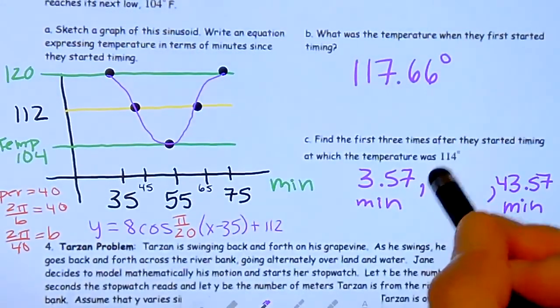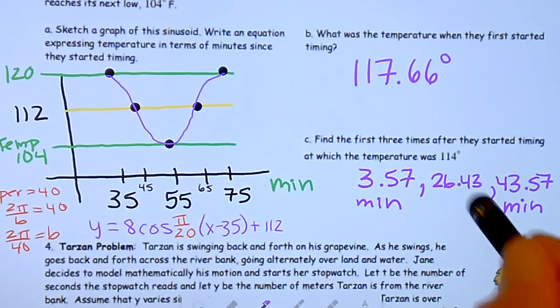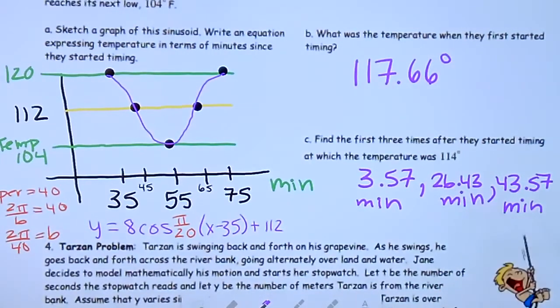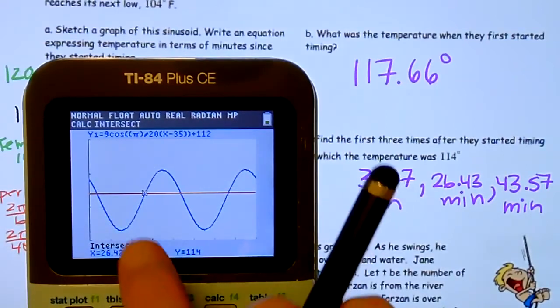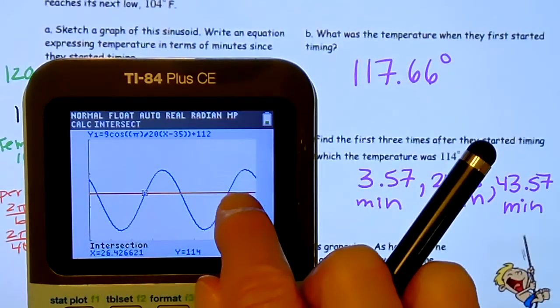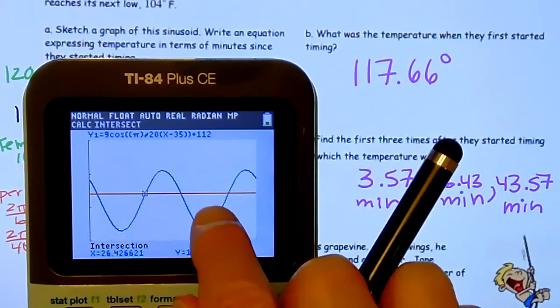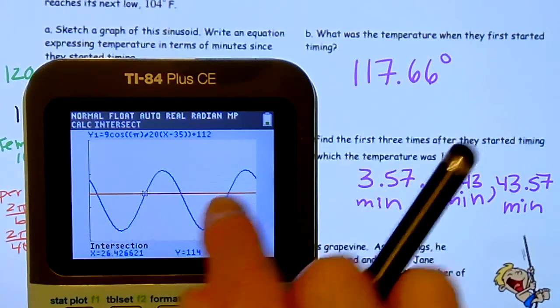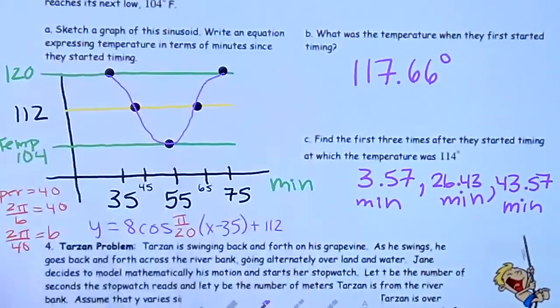So 26.43 minutes. Now, if I needed a fourth one, adding 40 minutes onto here would put me to this spot here, which is, again, I'm coming up, here I'm coming up, this is 40 away. These are not 40 away, so be careful with that. Okay,